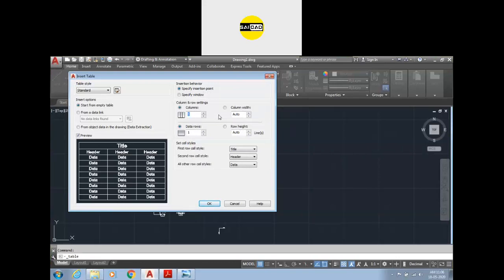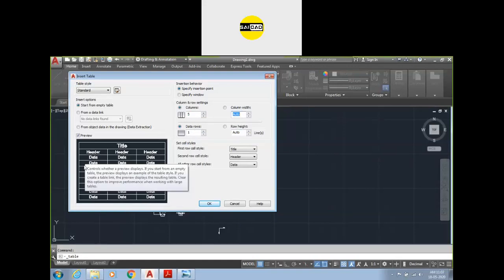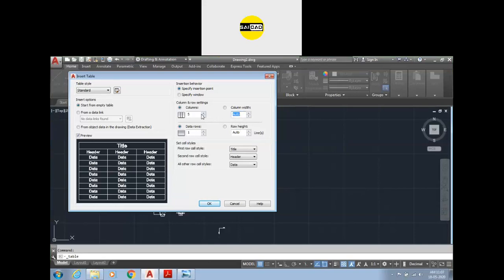So for columns, there should be widths. Okay, these are the columns 1, 2, 3, and there will be their width first, second, and third. This will be the width. And the rows, these are the rows like that, and they will have some height like this one. So right now it's auto, means if you create,